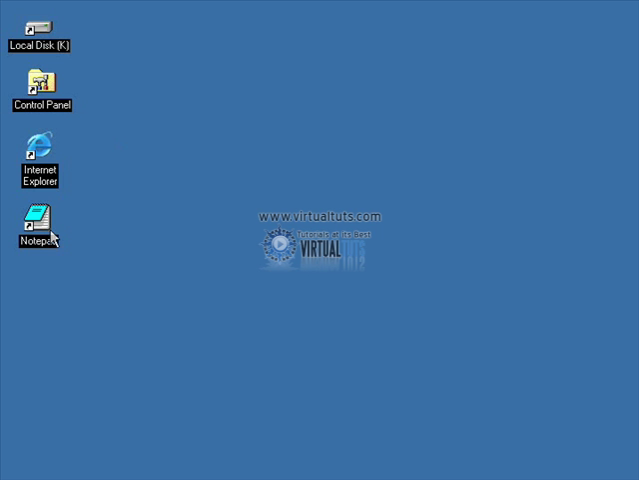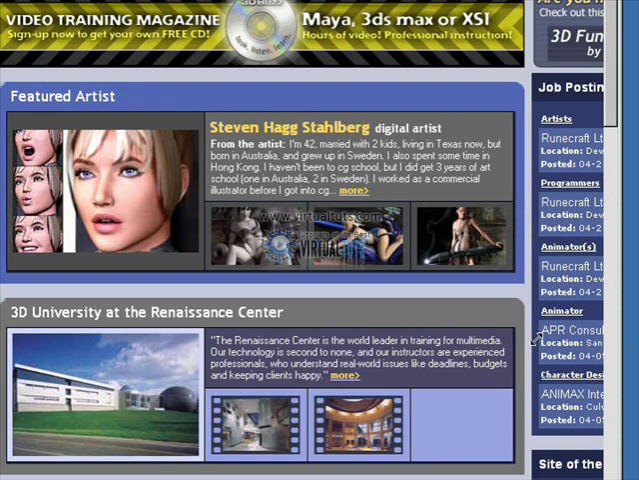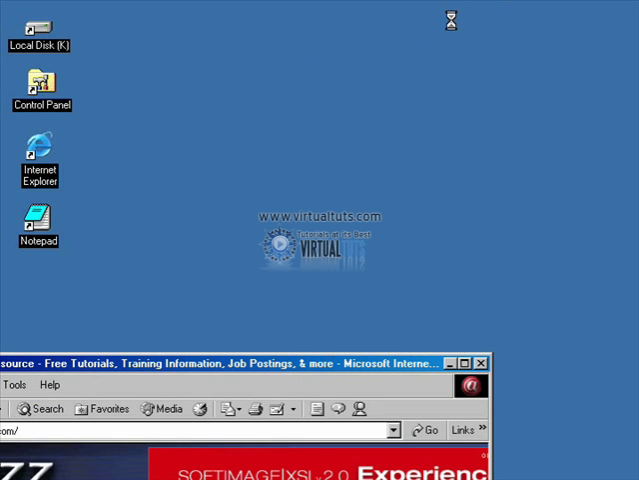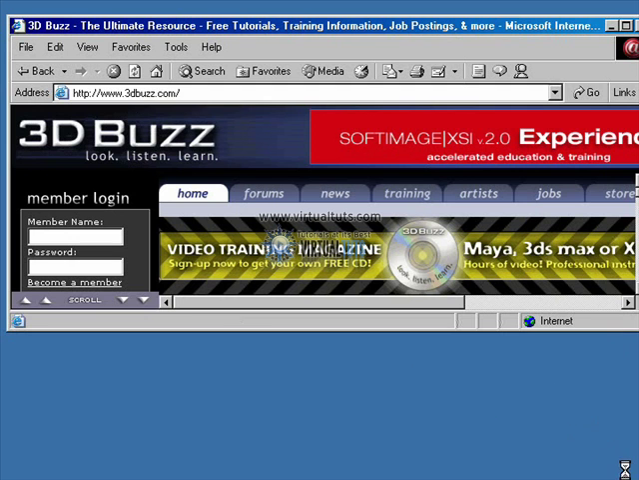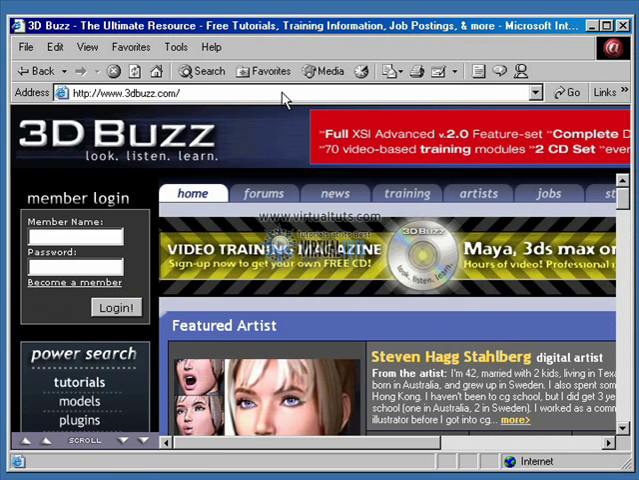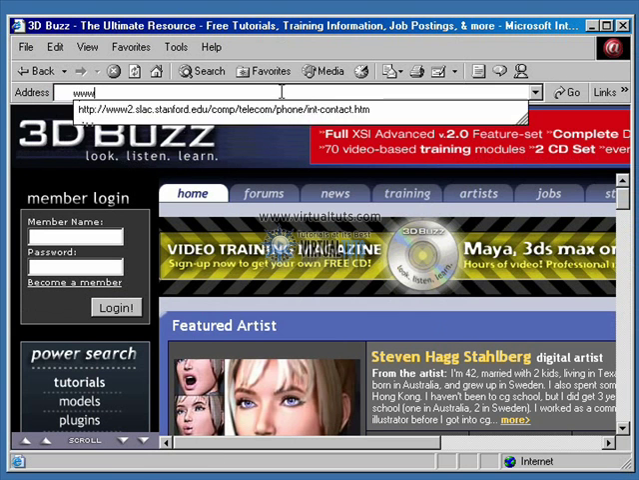Yep. So first thing we'll do is go ahead and open up Internet Explorer. That has been resized, so we will just resize it back down, and let's make it fit in our recording area here. That's a nice save. Now all right, we're going to go to